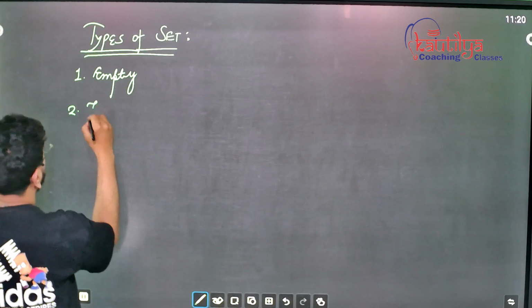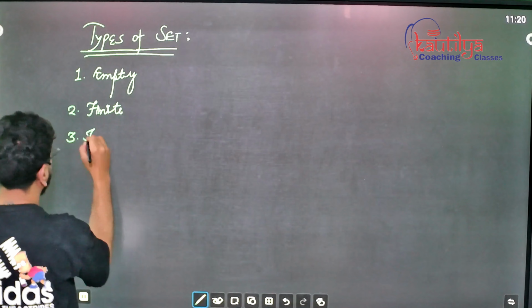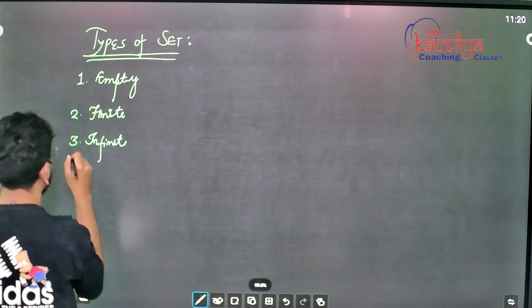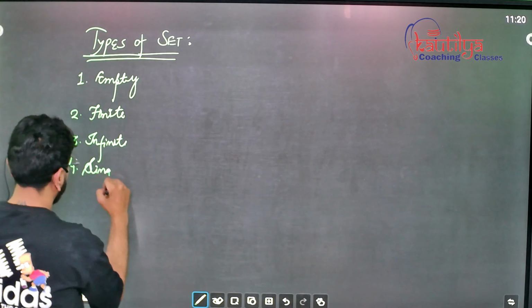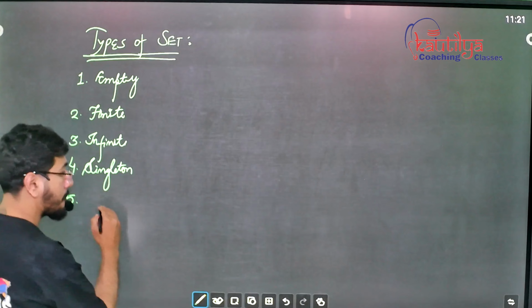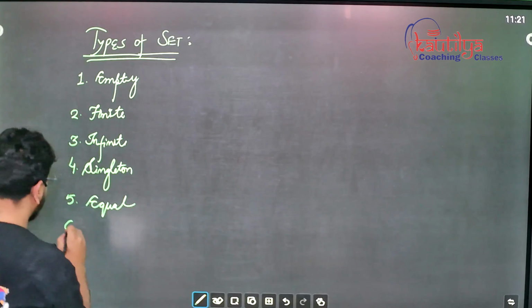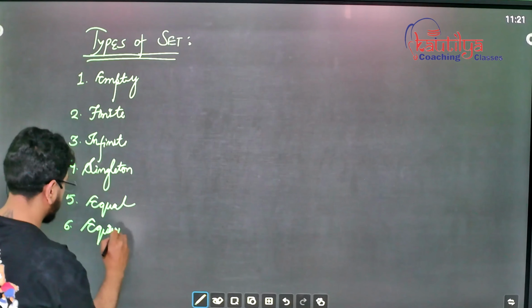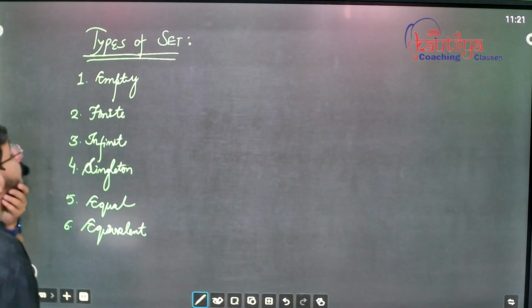Second is finite. Third is infinite. Fourth is singleton. Fifth is equal. And sixth is equivalent. Yes. Going with the first one,